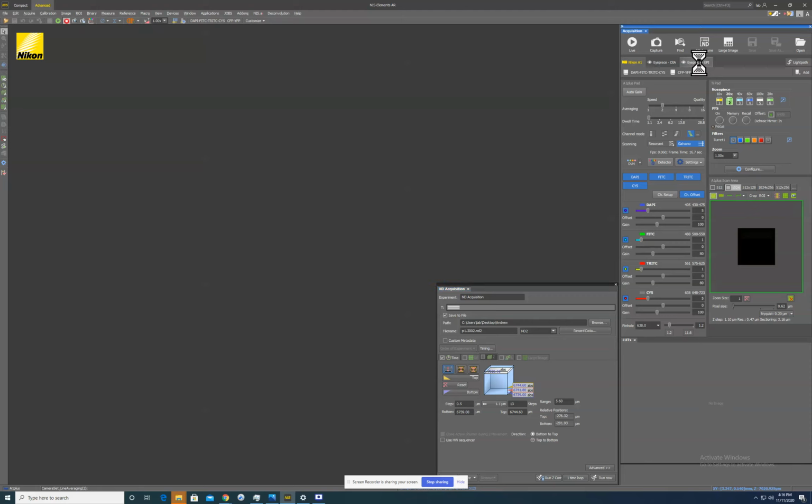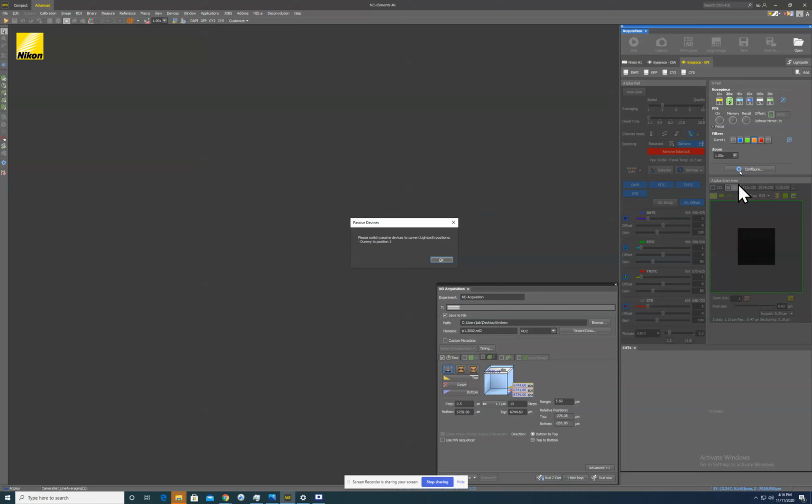So if you hit the eyepiece EPI tab, it now disengages all of your laser stuff, and this has engaged the eye port on the actual microscope itself. Currently, an error that's happening is that it gives you this little error. It says, please switch passive devices to current light path positions, dummy to position 1. This does not mean anything. We're going to make this not happen in the future, but until then, you just hit OK and do nothing